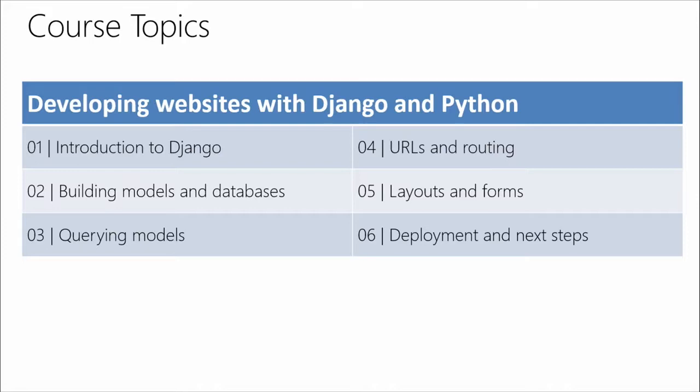Right. And then we'll get into things like routing. So how do we control where somebody is going to go based on the URLs they've typed in? Because that's going to be essential working with websites. Absolutely. We'll take a look at how to handle both layouts and forms, so how we can use the templating system that Django provides and the form system that Django provides, which is really, really cool.